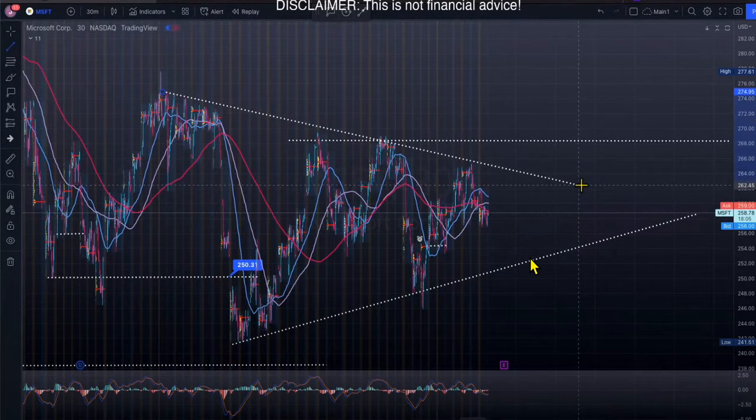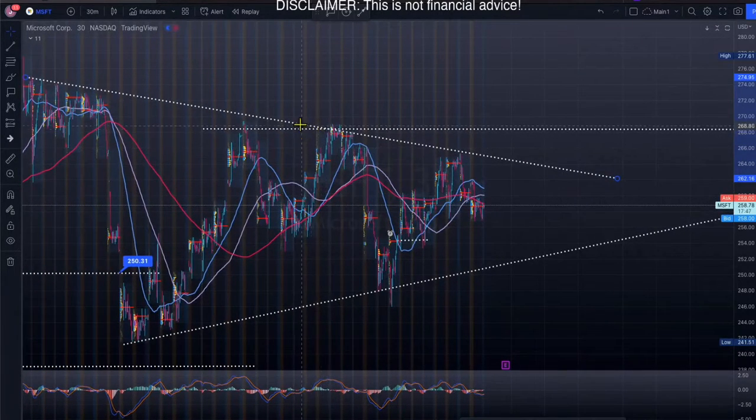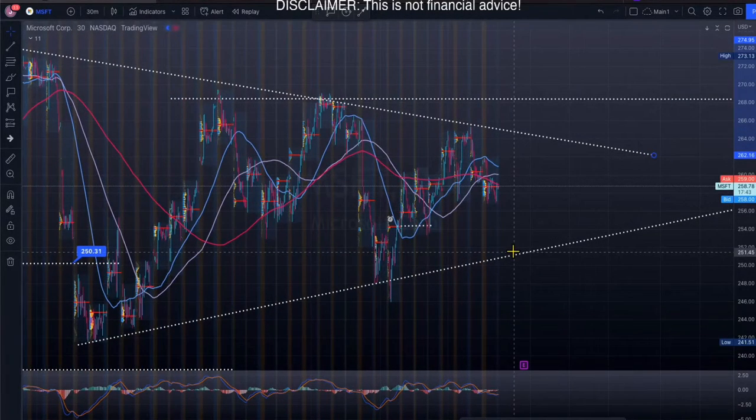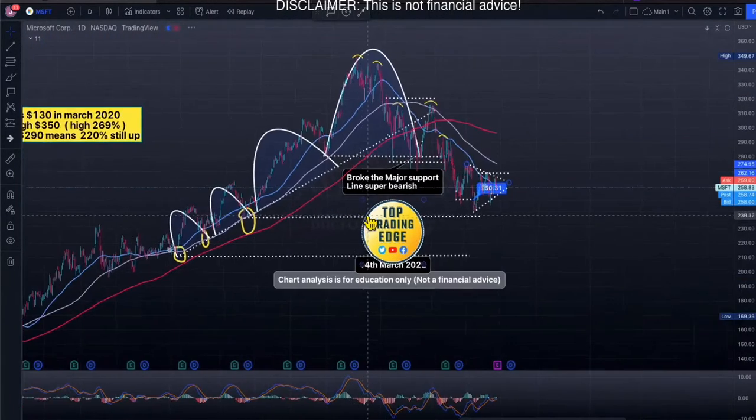If I look at 30 minutes, rejection is right there. You see these resistances are getting rejected. So there is a little bit of a sell-off going on lately, because support is all the way here, but the sell-off has just started. The top is slightly falling. This is not called top falling, but I'm just looking at 30 minutes. That's why I said the top is getting rejected. So support looks like 250. Right here is the support area, but I'm not gonna go down that route now. It looks like technically a symmetrical setup, right?